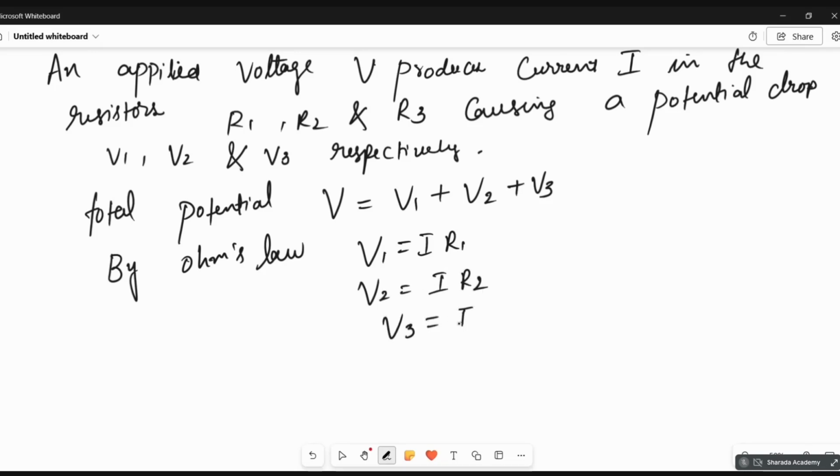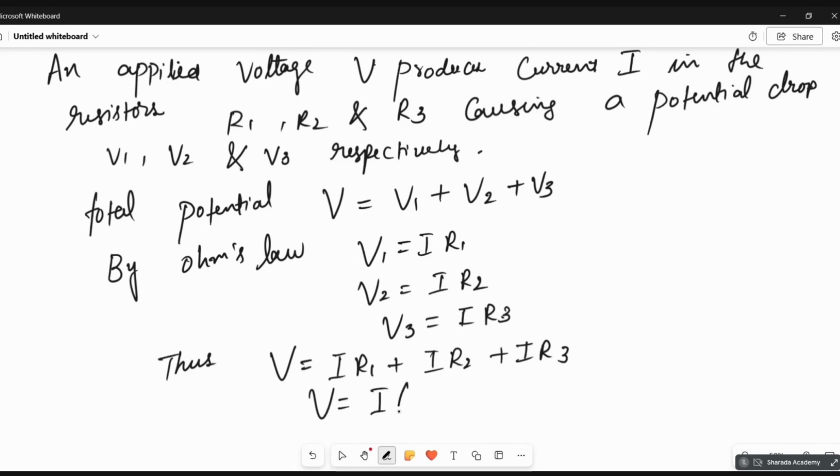V3 is equal to I into R3. Thus, V is equal to I into R1 plus I into R2 plus I into R3. V is equal to I into R1 plus R2 plus R3. Okay, so for the series circuit,